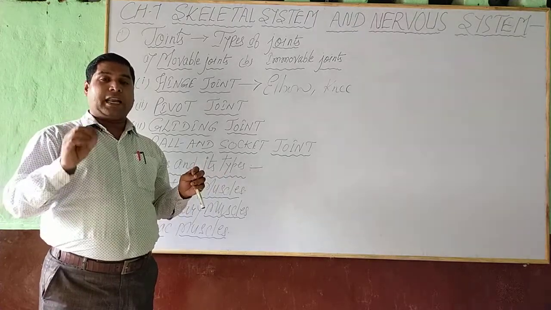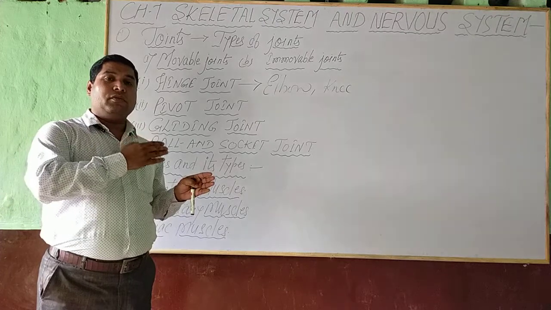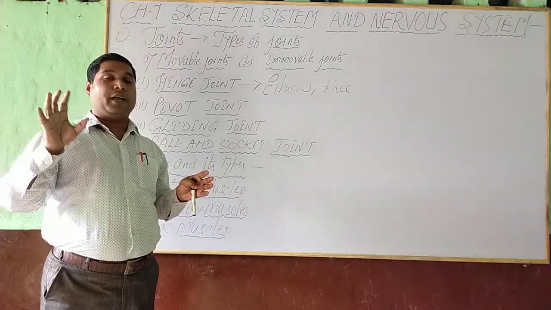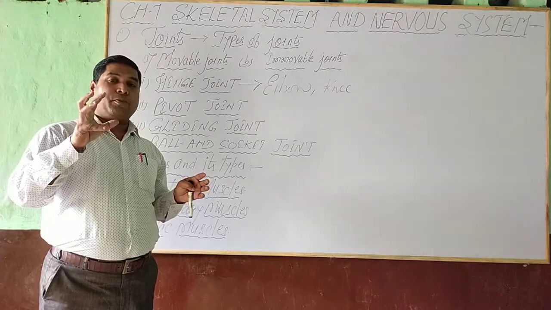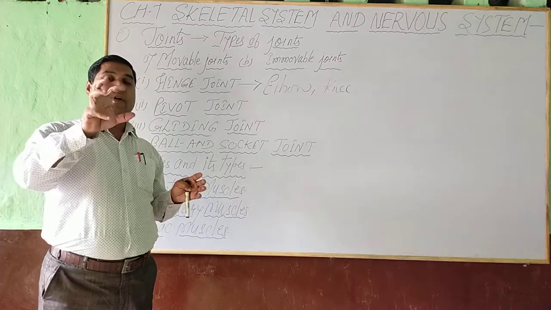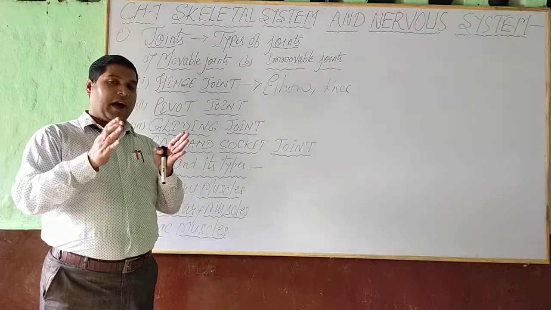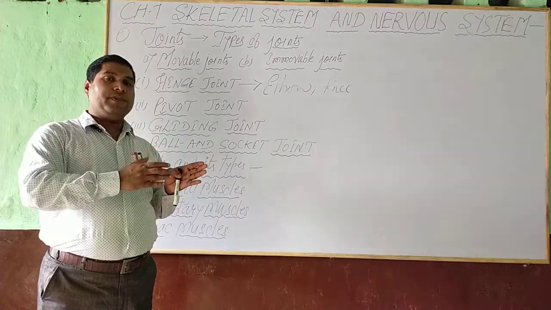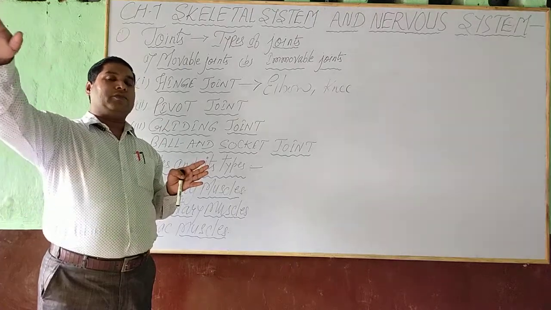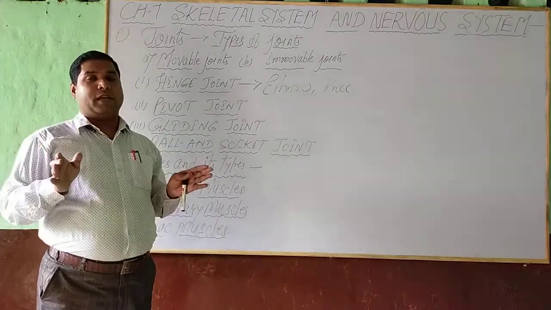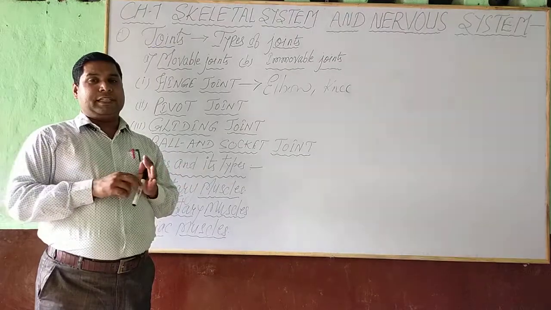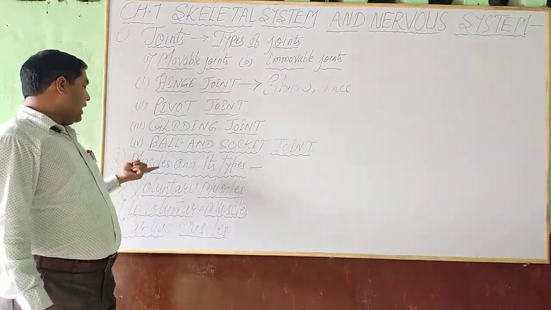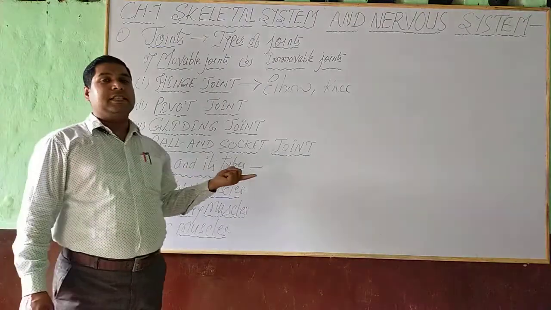Cardiac muscle, a special type of muscle present in our heart, helps to create pressure and helps blood to circulate or flow in different parts of our body. Heart only helps to pump the blood, by contraction and expansion. Heart contracts and expands and helps blood to move out of the heart to the different parts of our body. So dear student, in this video I explained to you about types of joints and muscles and its types.